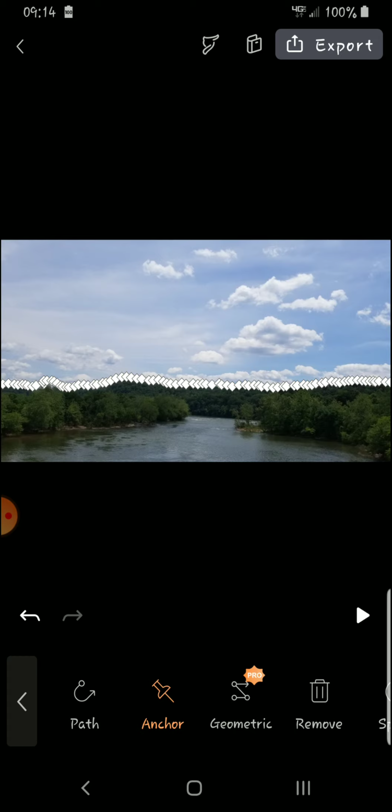Okay, guys, so as you can see, I quickly went across the top of that landscape and just separated it from the clouds. Now, it is very simple to hit path and simply start on one side of the screen and doing your best to draw a straight line, in which some cases I have actually utilized a straight edge, but there again, because of the curved screen, a lot of straight edges